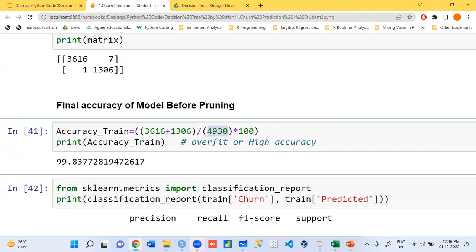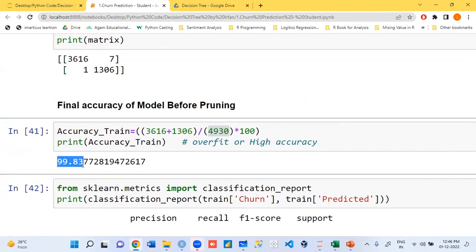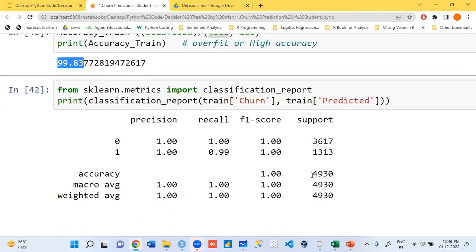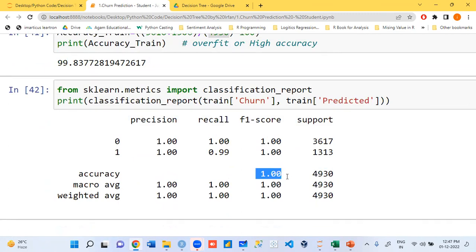How much percent, guys? 99.8, rounded off. Can we call it overfitting? If overfitting happens, there is another way of confirmation: number of rows. Now can I say it's overfitting?